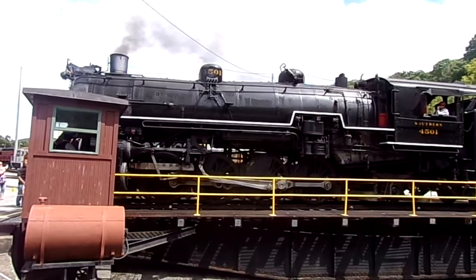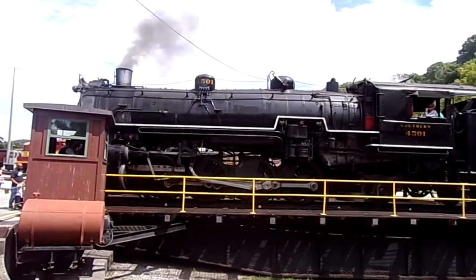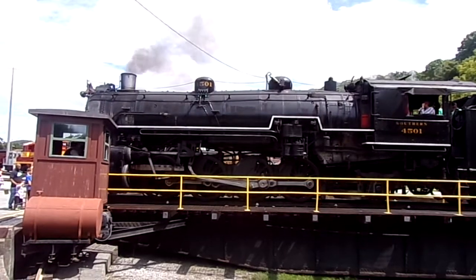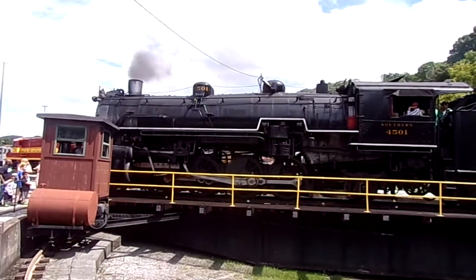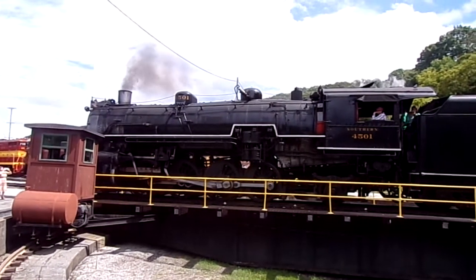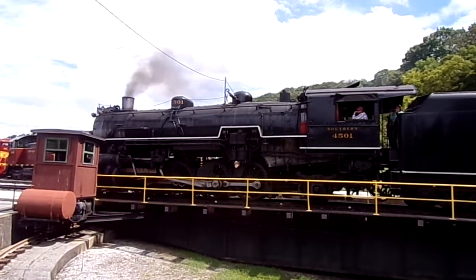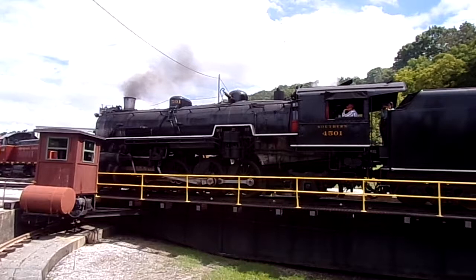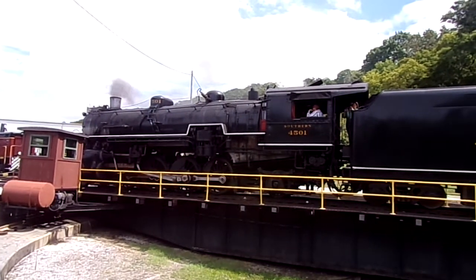Now, in 1964, even the Kentucky and Tennessee would begin to dieselize. The K&T would sell the 4501 to us here at the Tennessee Valley Railroad Museum for the price of only $5,000. After the Tennessee Valley Railroad Museum would acquire this locomotive, it ran back to Chattanooga under its own power, and the locomotive would be the first to do so after dieselization on the Southern Railway. Ladies and gentlemen,